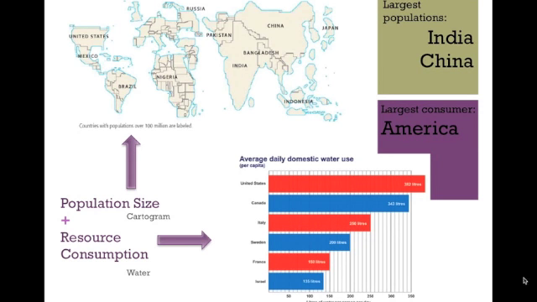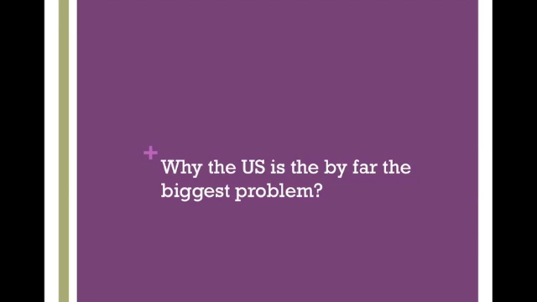But what you don't see is the other side of the problem, the consumption of resources. The United States is by far the biggest consumer of the world's natural resources. Using the natural resource of water as an example, we can see from the bar graph that the United States is at the top, and when you add in Canada, North America by far becomes the biggest consumer of water per capita compared to the rest of the world.